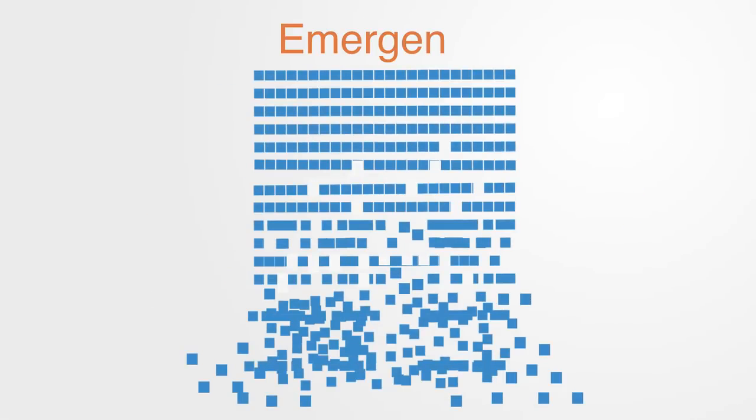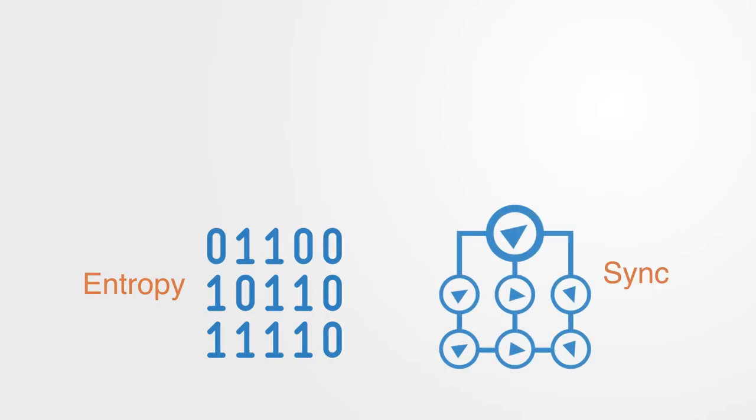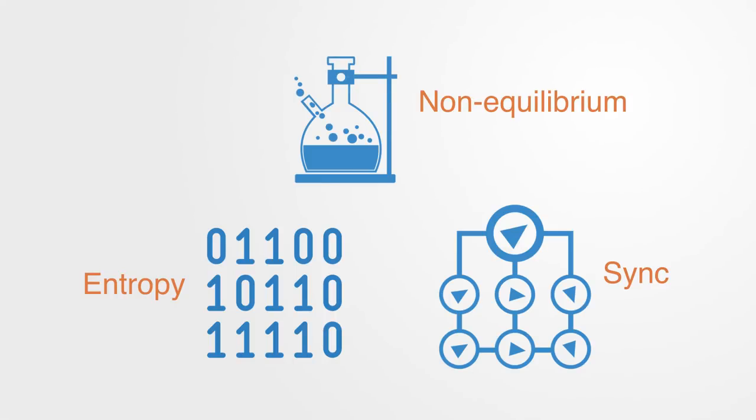Whereas the term emergence is a general concept referring to how new levels of organization are formed as we put component parts together, the theory of self-organization presents a number of concrete models for understanding how this process takes place. The model of self-organization draws upon information theory to understand organization in terms of information and entropy. It draws upon ideas in physics surrounding synchronization and pattern formation, and ideas in chemistry surrounding dissipative systems and far from equilibrium processes.